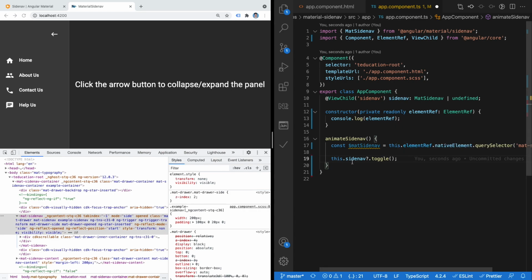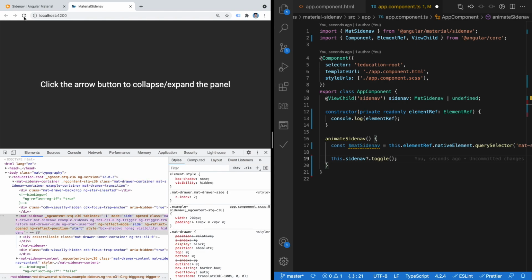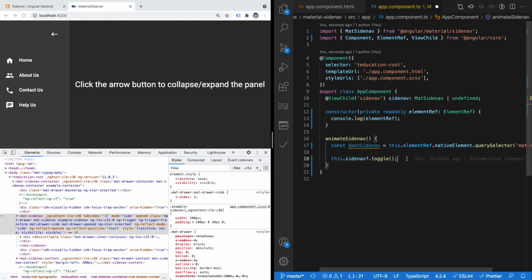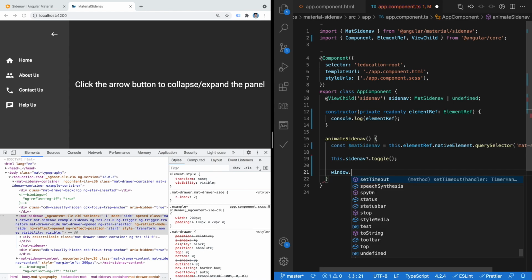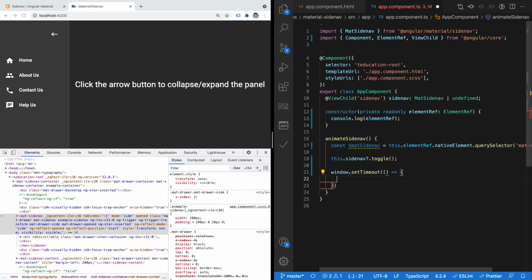I also noticed that whenever this toggle function gets called and it animates out, it uses some sort of animation, which means in order to bring it back we may have to use window.setTimeout so that we can delay the stuff. So I would rather run my business logic inside setTimeout, so it will be delayed, let's say at least for 400 milliseconds, and then I'll say